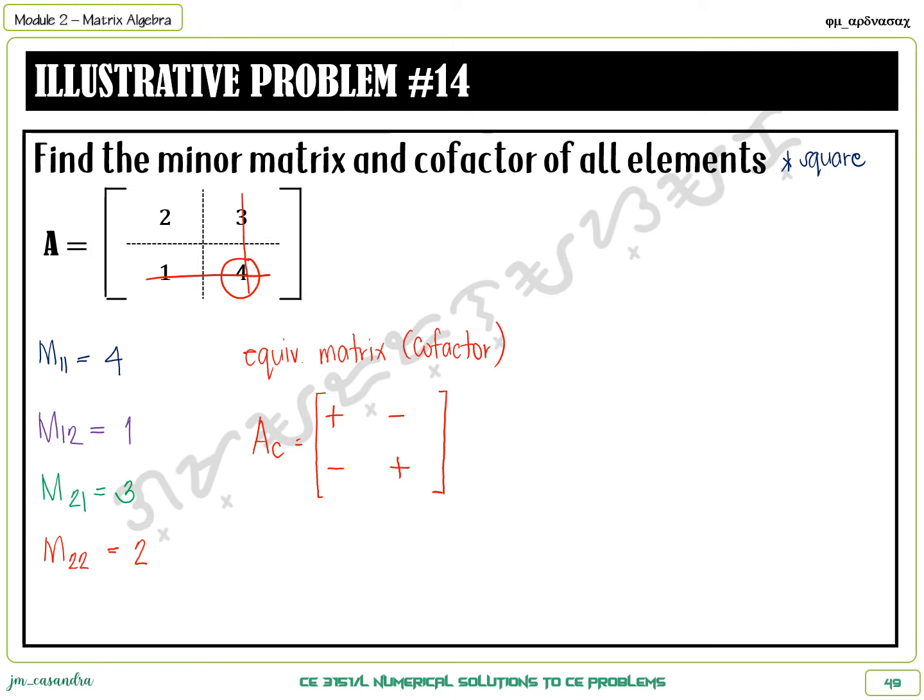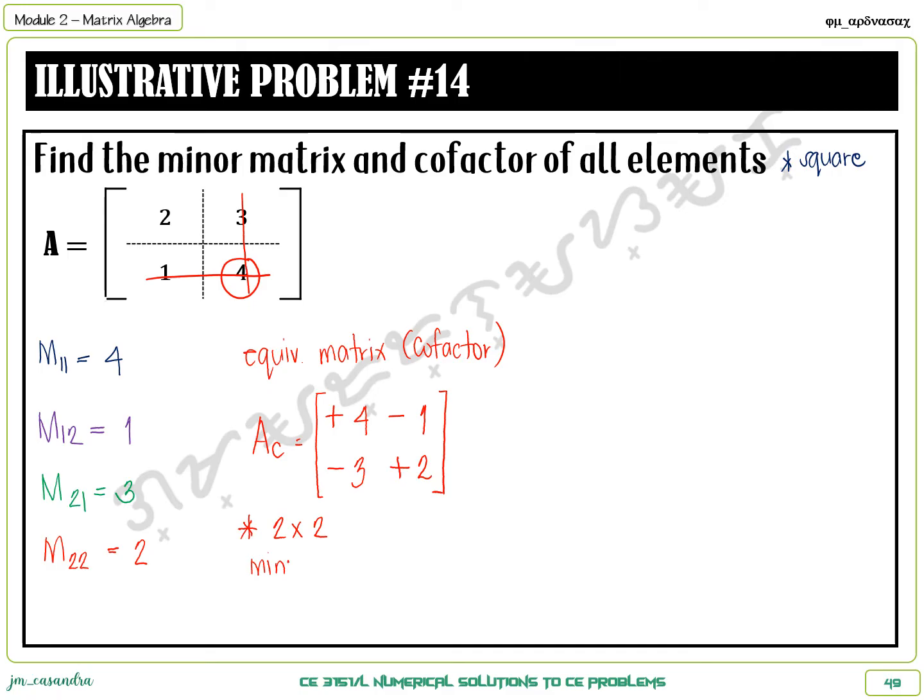So we have 4, 1, 3, and 2. So shortcut for a 2 by 2 matrix is that